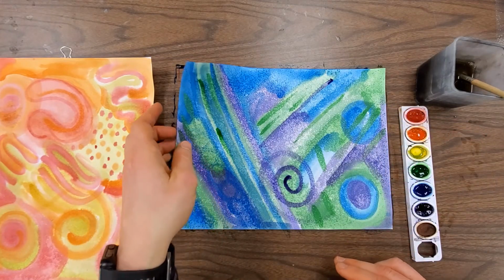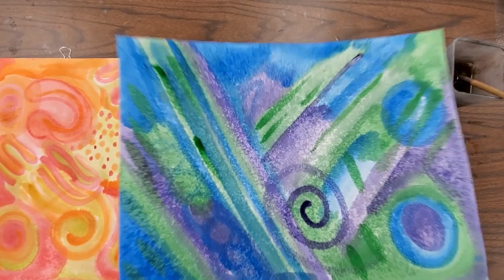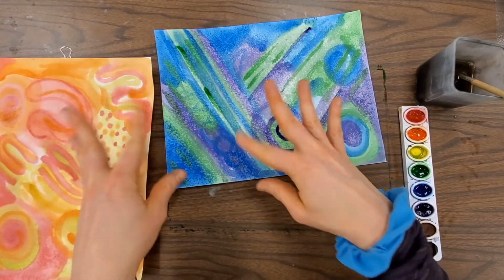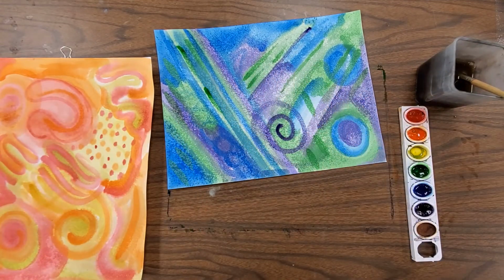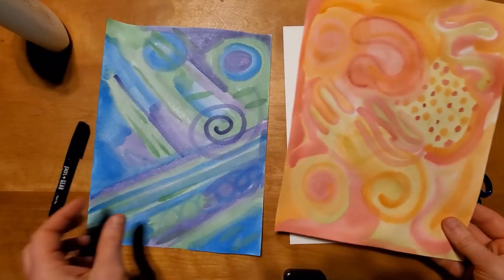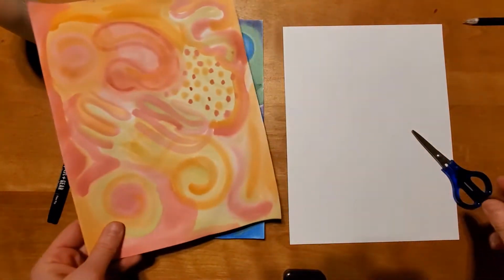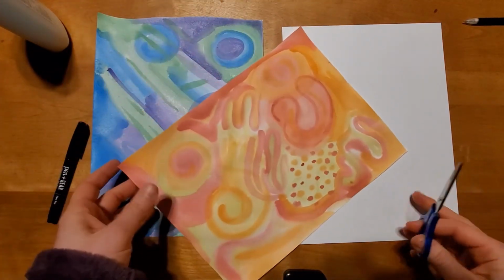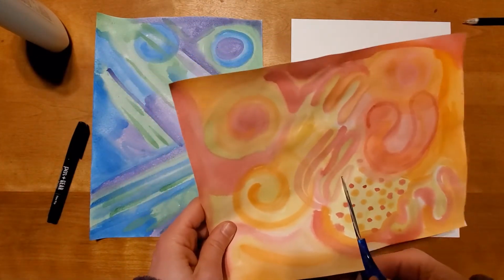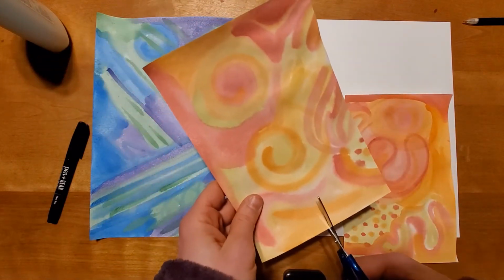All right, these are very wet and fragile, and before we do our next step, they have to dry completely. So go play while your paper dries, and I'll show you the next step in a second. Well then, our warm colored paper and our cool colored paper, nice and dry. We're ready to transform these two pieces of paper into a lovely collage. I'm going to start out by cutting my warm colored paper,